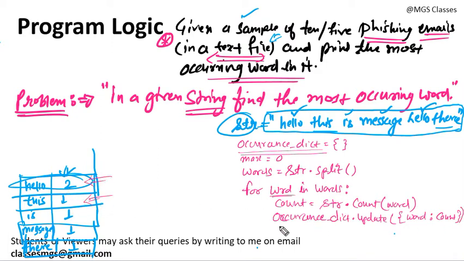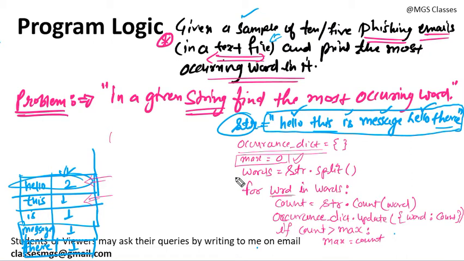Okay, you are getting the point, I think. Then we are checking if the count that we are getting of any word is greater than this maximum, then we are going to update. If count is greater than the current maximum, then we can set the max as count, and you can store this word so that you can print this word later.